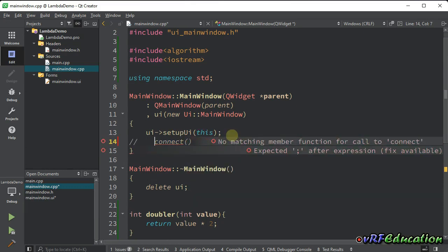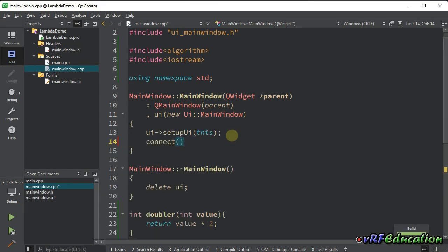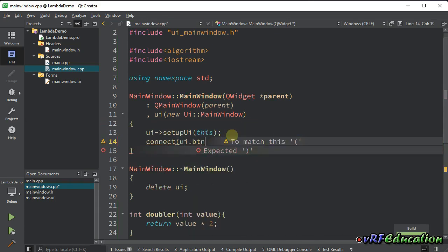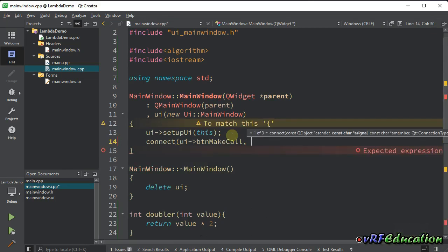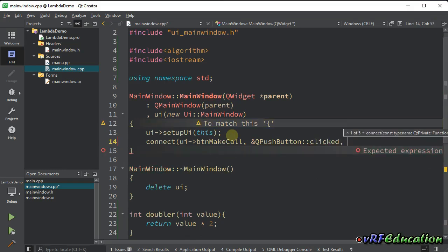Let's build the project in order for Creator to realize that I added a new widget on the form. ui.btnMakeCall, and what's the signal? It's inside QPushButton, the clicked signal, and then I'm going to connect it to